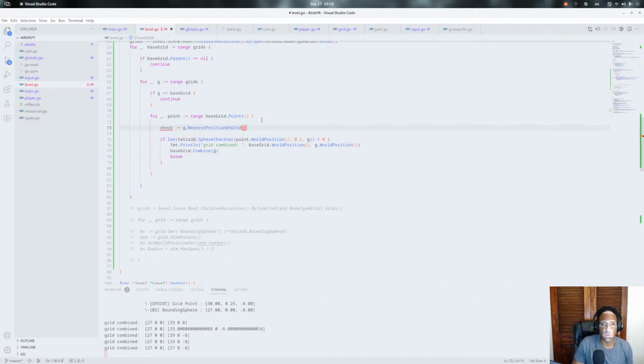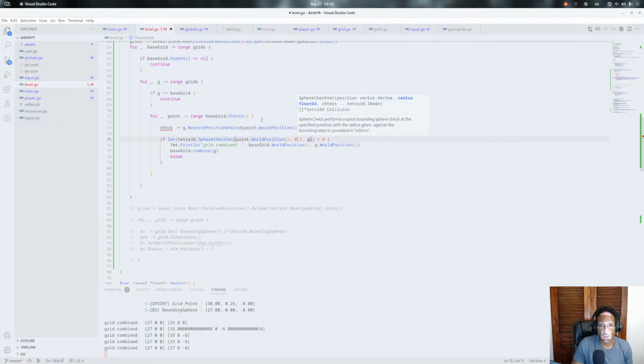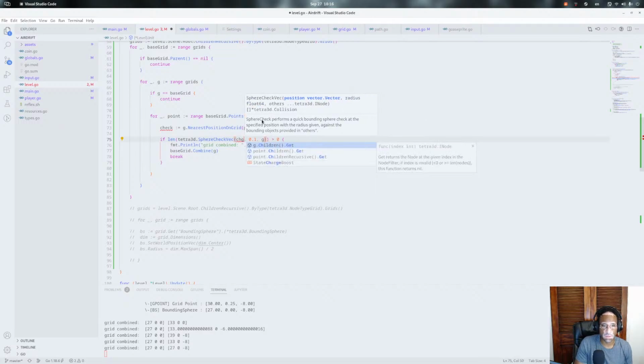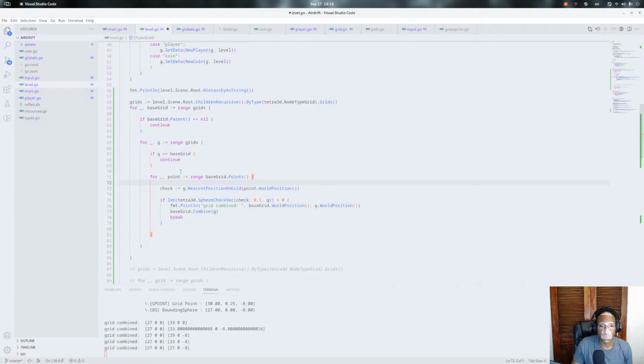And we're going to use point world position. And then we're going to check that point. Well, actually, because point in base, yeah, this is correct. Or really, I guess we just want to check to see if the distance,